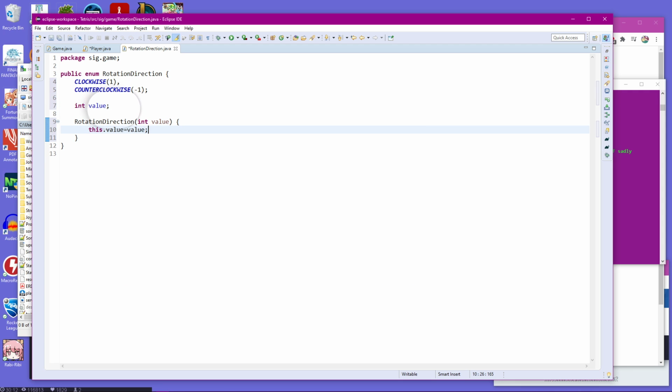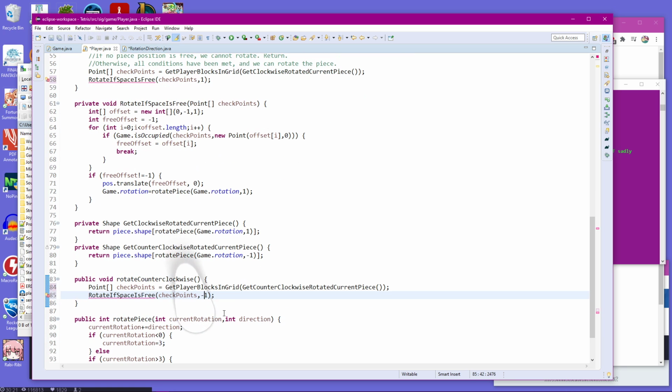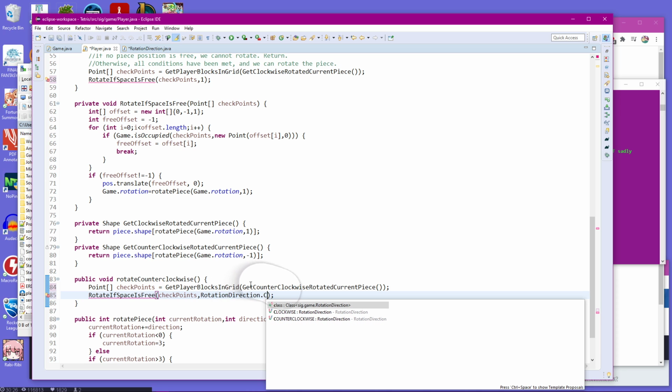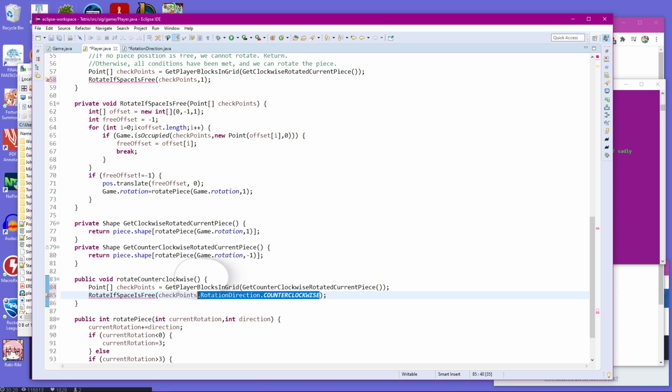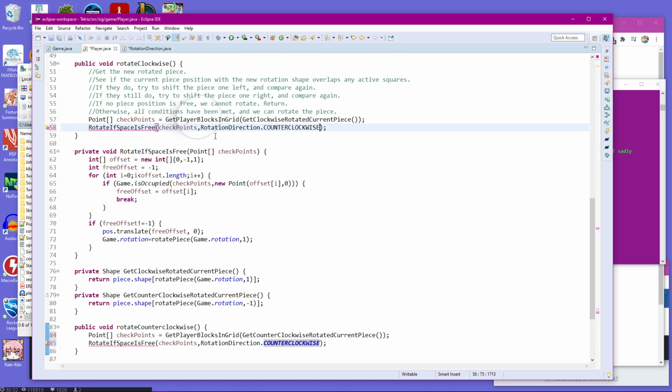So this dot value is value. And then when we actually grab these, we're looking at these values, not necessarily these numbers here. So we'll pass in the enum, so rotation direction dot counterclockwise. And we'll also pass in rotation direction dot clockwise up here. And you'll notice we can do this in a couple places because we now have ones and zeros down here as well. So here's clockwise, counterclockwise,